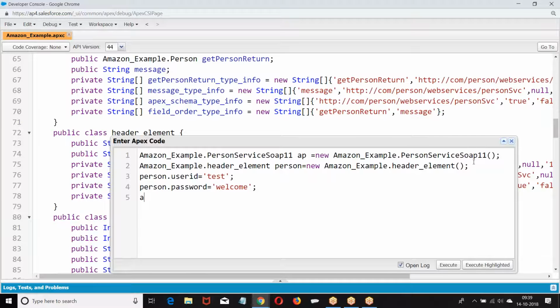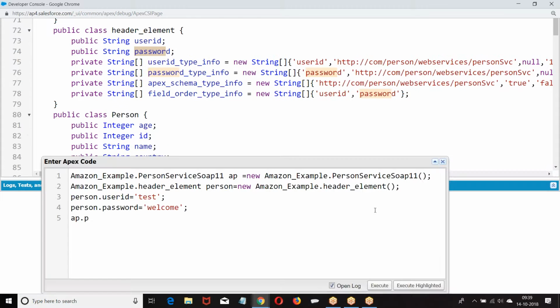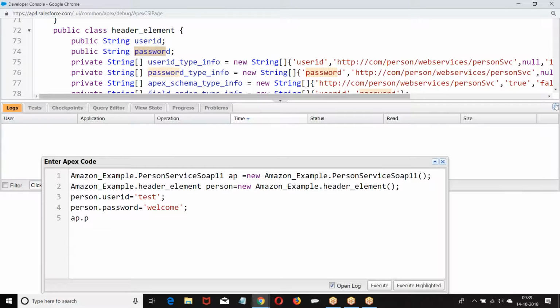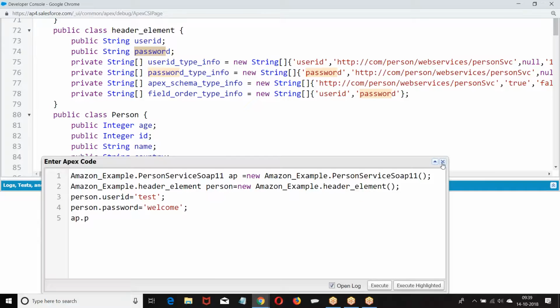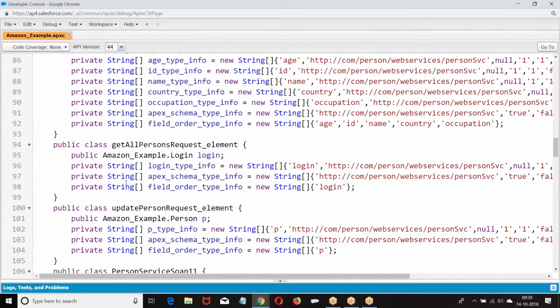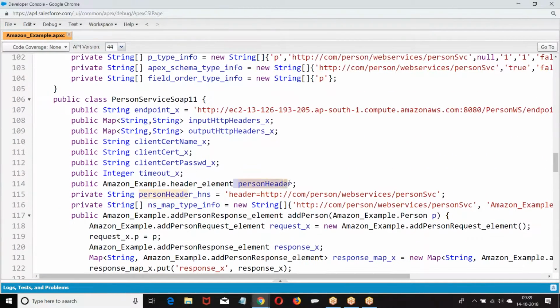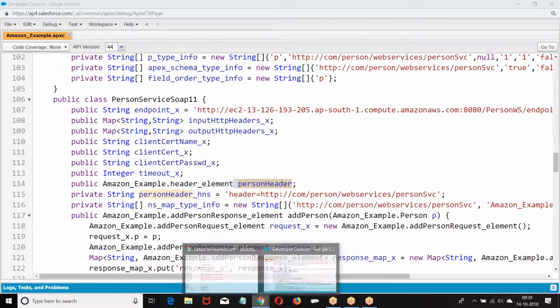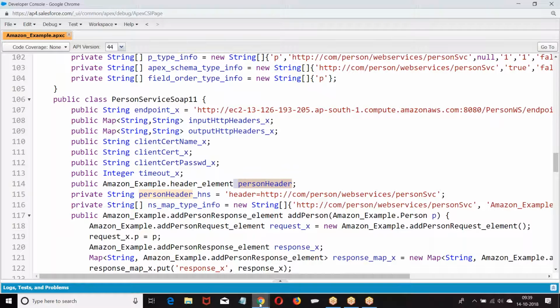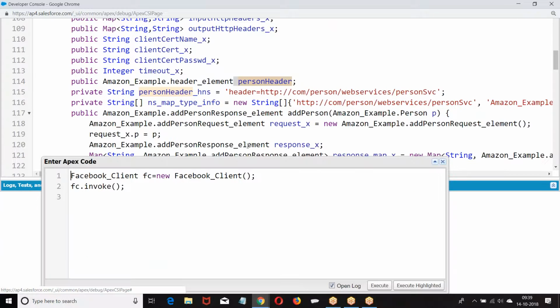This header element should be given as AP dot. Now, what should I do? After creating the header element, whatever the header element I created, I have to add to this. Person header equal to, that's the code.